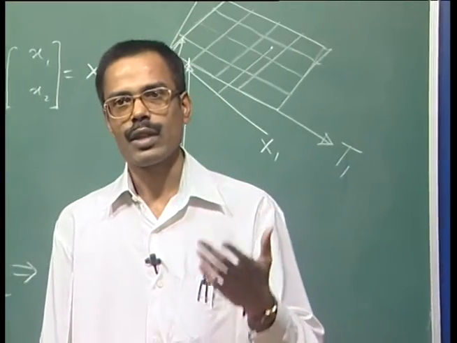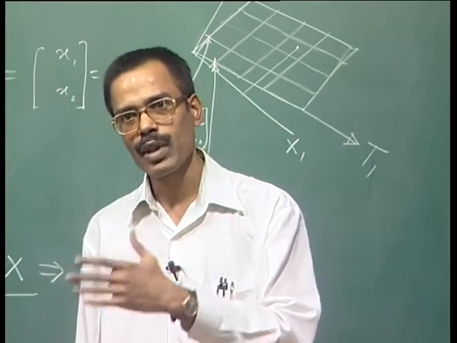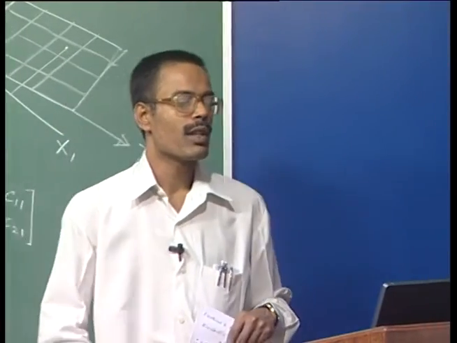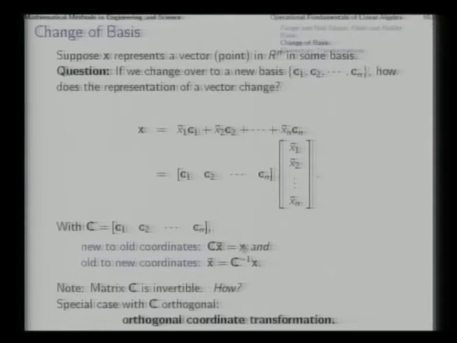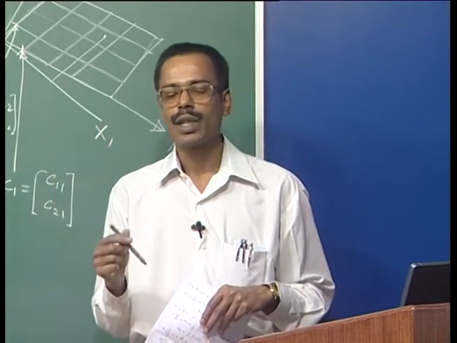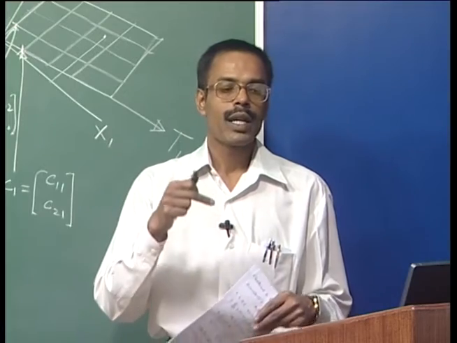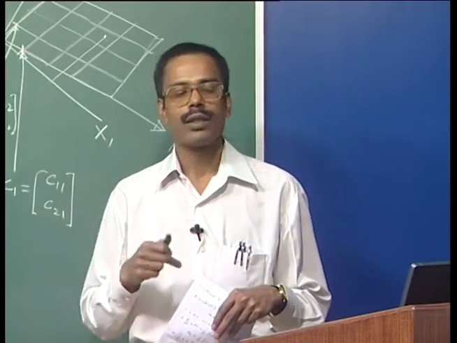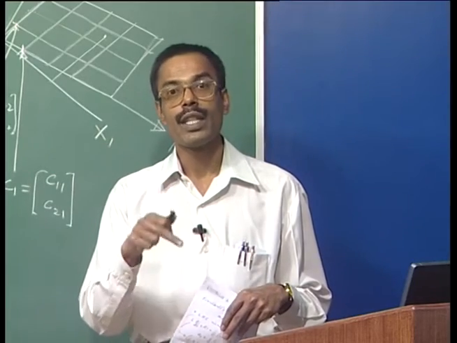Now, we have seen how the change of basis affects the representation of vectors. The vector x in the old system gets represented as vector x bar, and the relationship between the old description and the new description is given by this matrix consisting of the basis members as its columns. Now, we ask how such a change of basis will affect the description of a linear transformation.